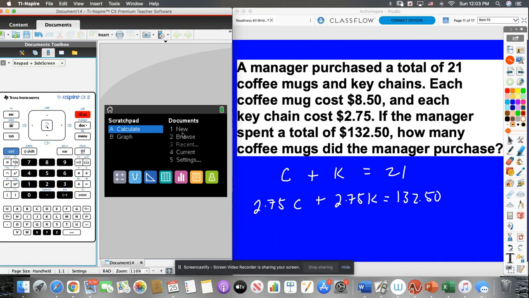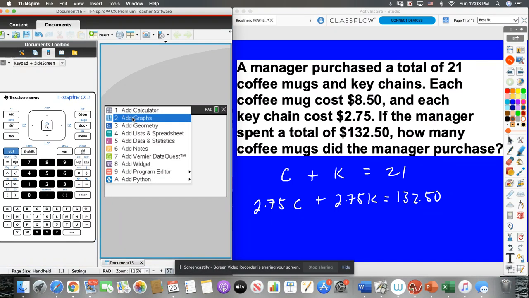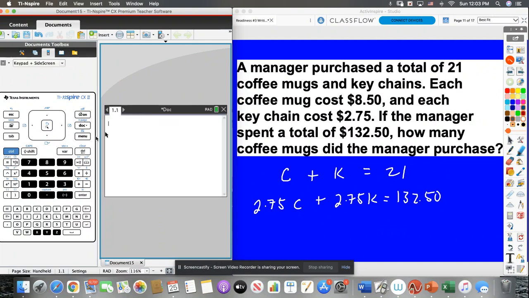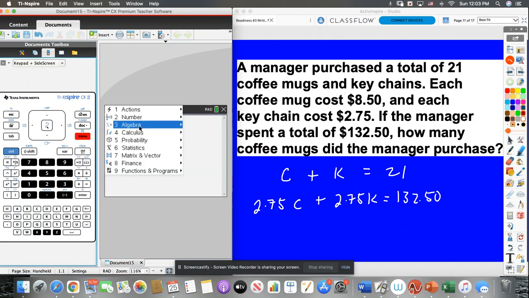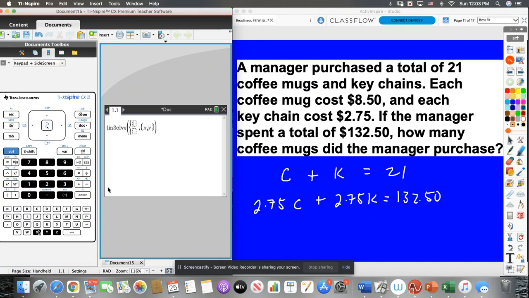Again, home, home, new document, save changes, no. Add a calculator, menu, algebra, solve the system. Okay, again, we're changing X and Y because we can't type in C and K. Equals 21. And the second equation, 2.75, excuse me, X plus 2.75